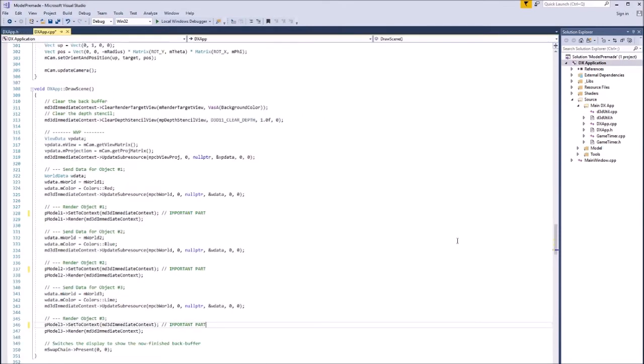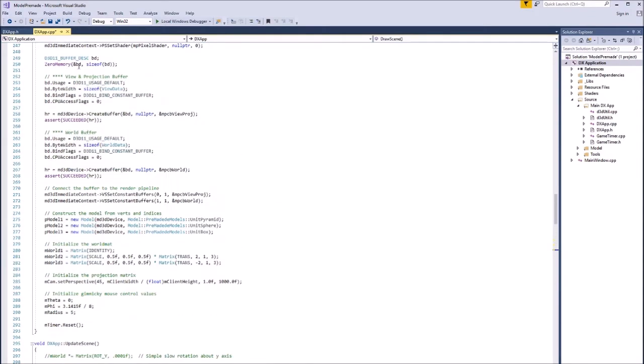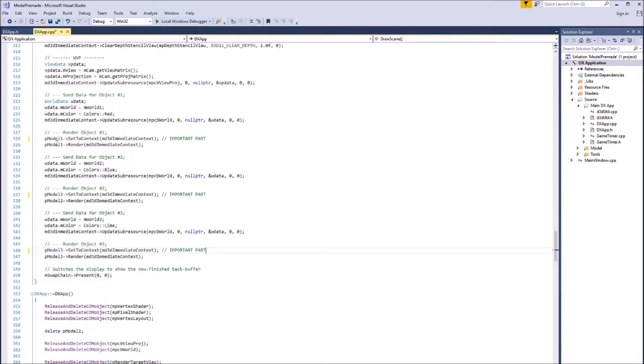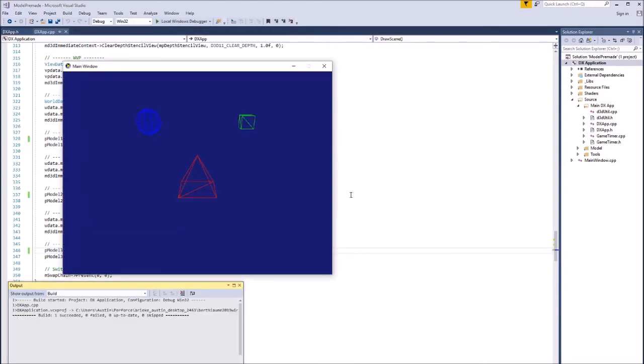This is assignment 3. This one was covering using different colors for each of the rendered objects. And the key part here that I found to make it work was each time you change the data for the world data, you actually have to move the set to context call that was originally in the big giant function at the top. You move it down here, and then it should work properly, and when you're doing that, I was able to get all three to display their proper colors, which I will show you now. So yeah, here we are, my pyramid, my sphere, which I'll get to later, and my cube, each in a